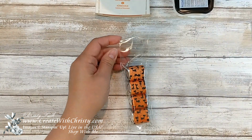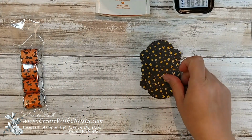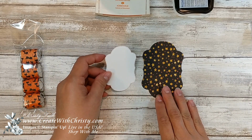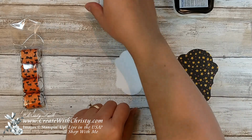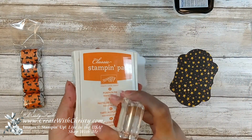There we go. And now for the topper. This is the medium-sized die in that, I keep forgetting the name of that, Stitched Seasons Framelit set. And this is a piece of Whisper White out of the small one. So what I'm going to do, I'm going to take the No Trick, Just Treat stamp and my Pumpkin Pie ink pad,